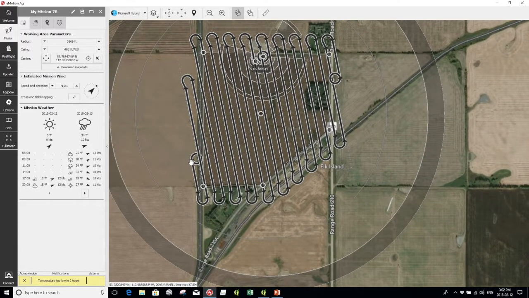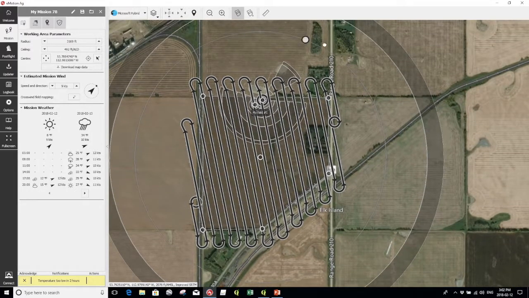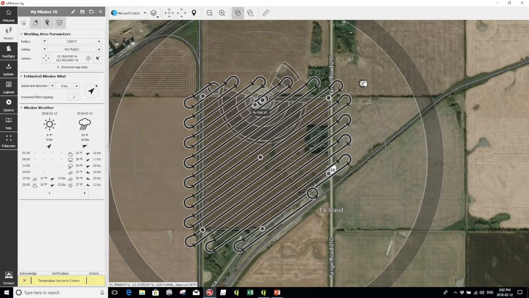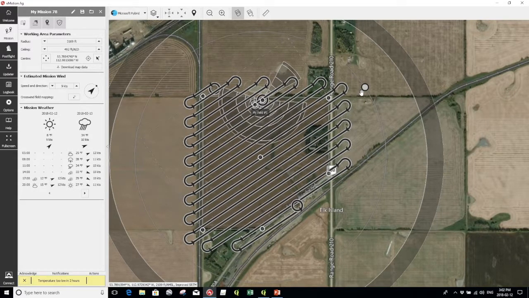And why we want to do that is because this will keep the drone flying at the same speed all the time. If you have it set to be going perfectly parallel to the wind direction, when it's coming into the wind, it's going to be working really hard. And it's going to be taking lots of pictures, and then when you turn around, it's going to have a really hard time keeping the drone's airspeed above the stall speed, and still taking pictures fast